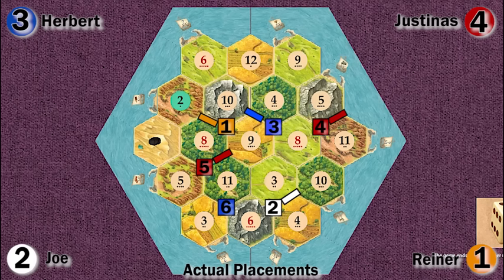Herbert decides to point his road to the left, trying to get on the 5-3. The reason why he did this is because he wants to double up on the 2 points of unblockable wheat along with getting on the 5 brick, since no one else is going to have brick. And if Herbert is able to get on the 5 brick, then he will have an almost 1-to-1 ratio of wood to brick. 4 points of brick, 5 points of wood,